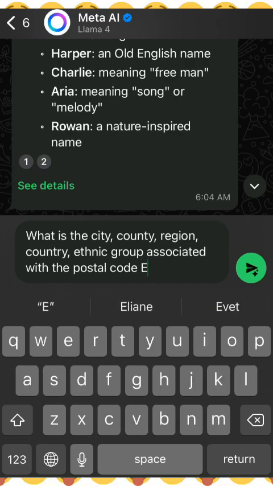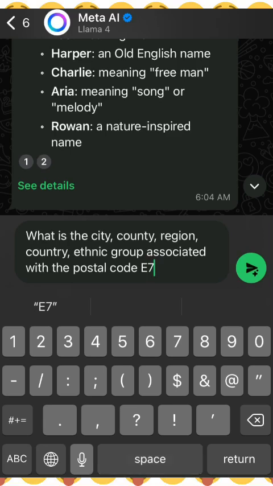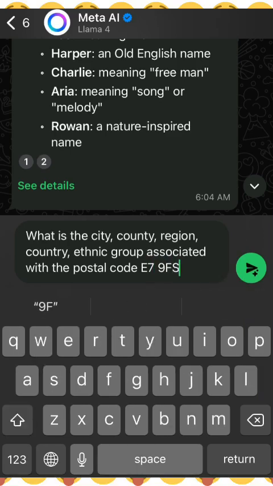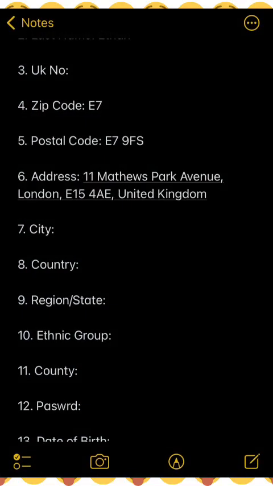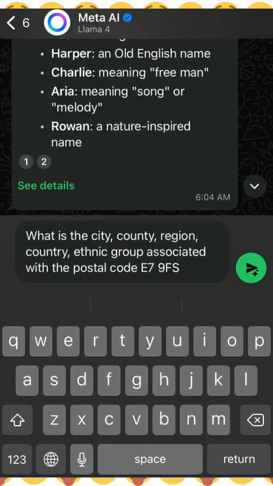E7 9FS. I think I'll just use the postcode. Let me confirm. Yeah, E7 9FS. And all of you, very soon as you're using this template, the postcode will